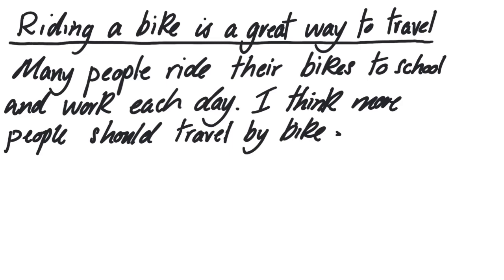This is our third example, and our title is Riding a Bike is a Great Way to Travel. And as you can see, once again, we've got an introduction, and we're stating what the situation is. Many people ride their bikes to school and work each day. That's what's going on. And then after that, once again, we've got our opinion. I think more people should travel by bike. So now we're ready to write our first paragraph. We're going to start with a connective again. That connective is going to be firstly,